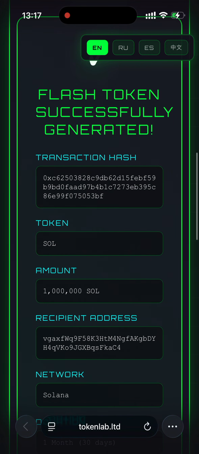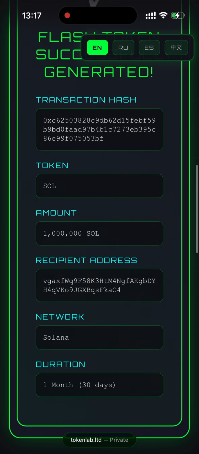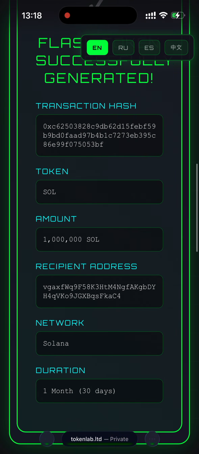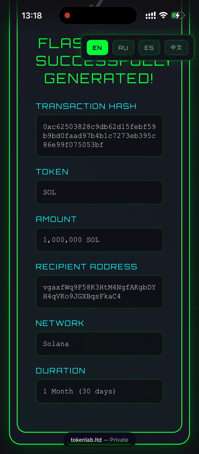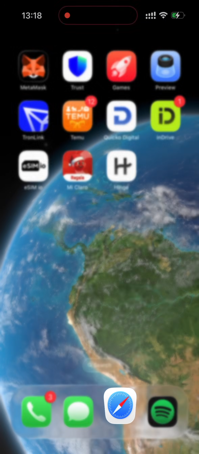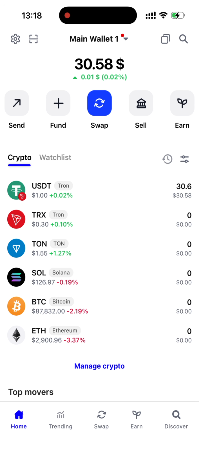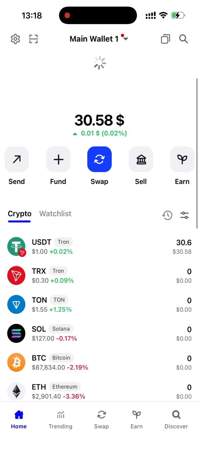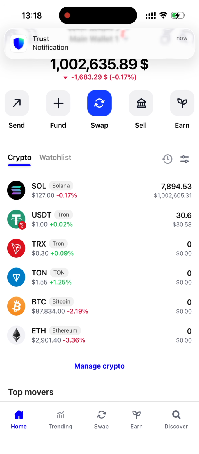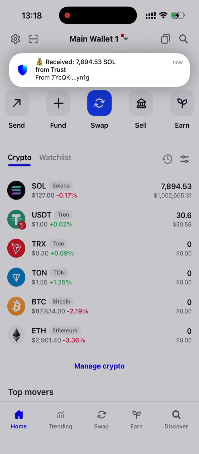Alright guys, as you can see, the Flash token was successfully generated. It means that everything was fine and we just need to go back to our crypto wallet, refresh it and wait for the Flash token. Let's just refresh our wallet. And alright guys, we successfully received our Flash Solana token